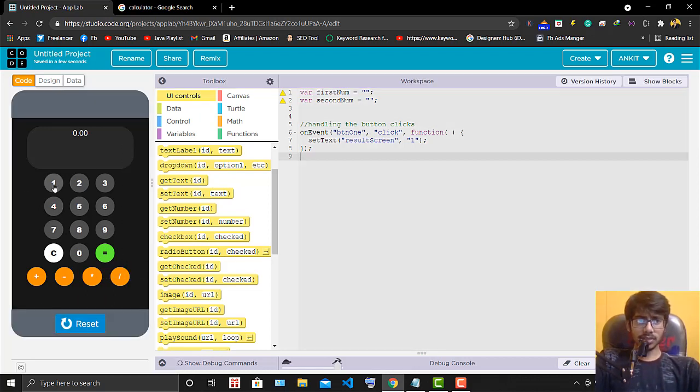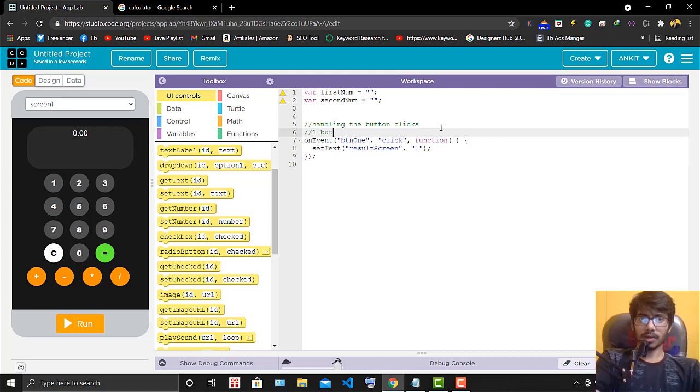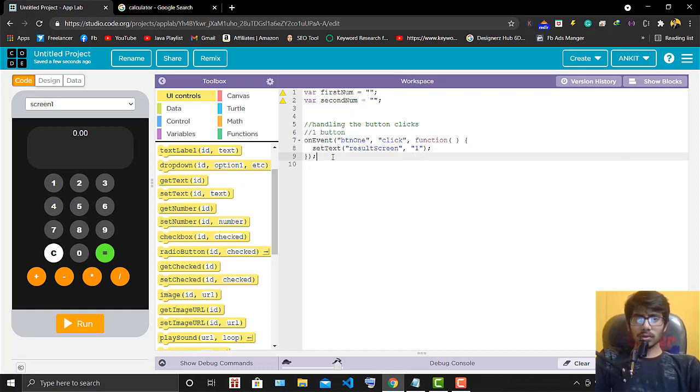Look, when I just click 1, there will be the set text 1. Now if I want to write 11, this should work, but it is not working as of right now because we didn't do too much coding. Now one button. The value should go in here. To handle this, we have to print 11 or 12 and something like that.